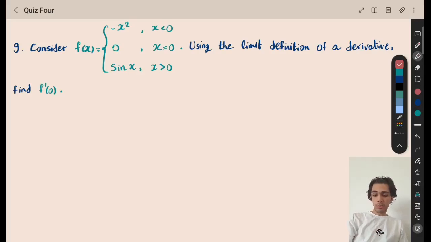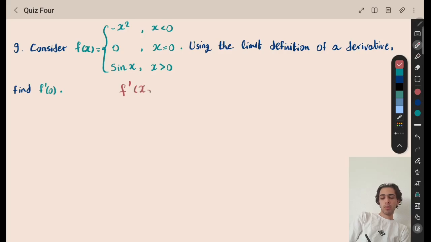Let us use the limit definition of the derivative to find the derivative at 0. And so first off, we will recall that f prime at a point is given by the limit as this small increment h goes very, very small of